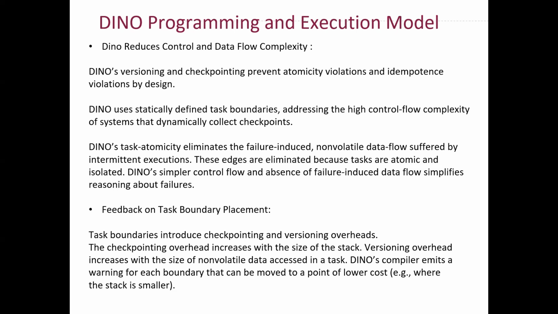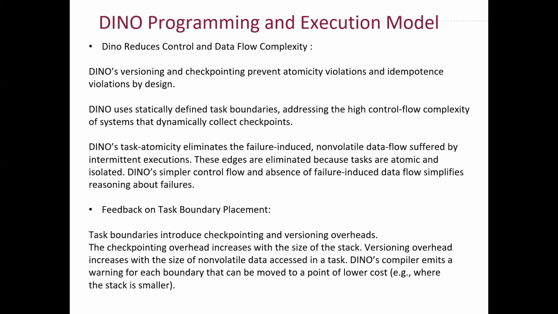But with dynamic checkpointing, there is a control flow graph edge from each point in the program where a reboot can occur. So it's kind of difficult to determine where you should place your boundaries with dynamic checkpointing. But with Dino, there is an edge from each point where a reboot can occur to only those task boundaries that reach the point in the graph. So you kind of model where your execution is going to go. And that is exactly what this control flow graph is.